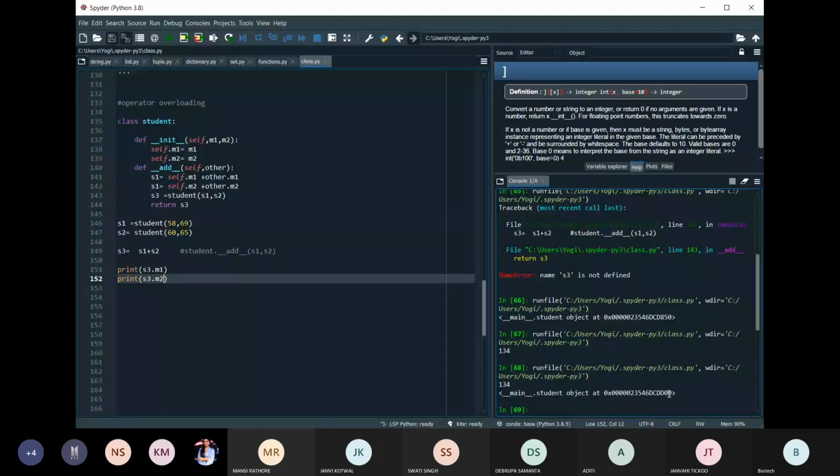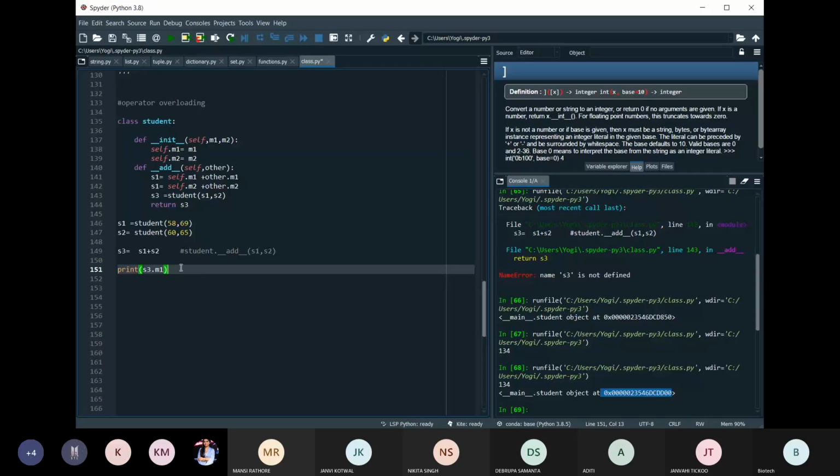With the help of m1, I will get the accurate output. Okay, so this is operator overloading. We have changed the meaning of addition here. Initially we were not able to add the values, but after overloading this add method, we can add the values of two classes as well.